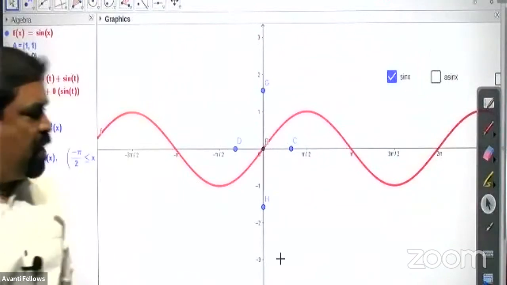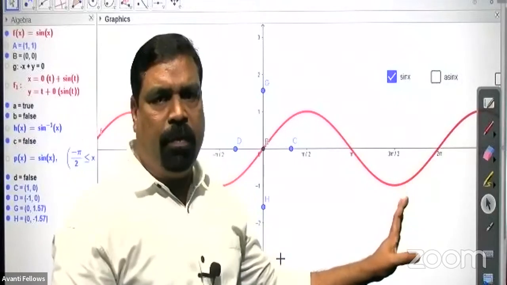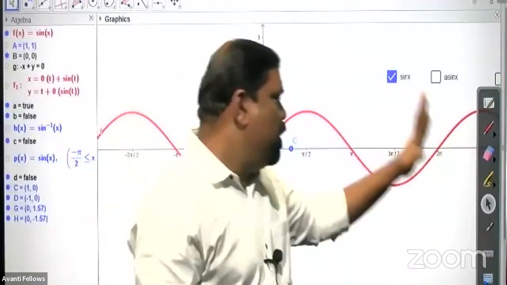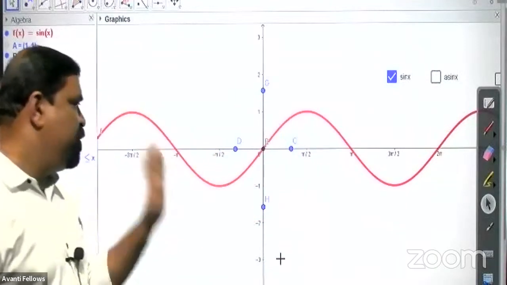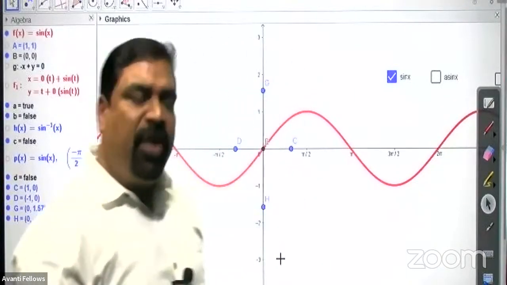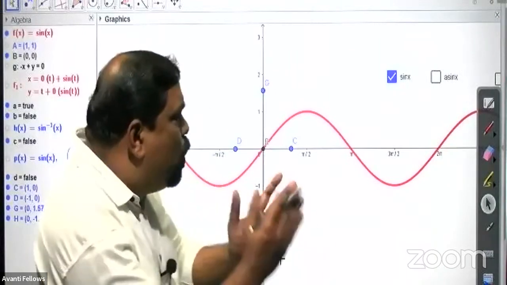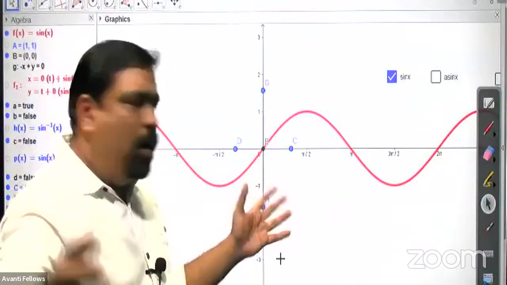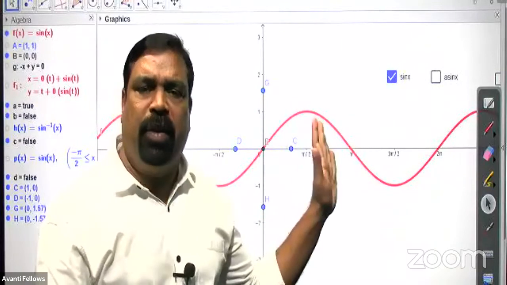The sine function. Very clearly, I already told you this is not a 1-1 function, because you can see f of 0 is 0, f of pi is 0, f of 2 pi is 0. Like that, f of 3 pi by 2 is -1, f of minus pi by 2 is -1, like that. So how to define the inverse of that function? If I take the whole domain, whole real numbers, it is on-to, but it is not 1-1. So to make it 1-1,